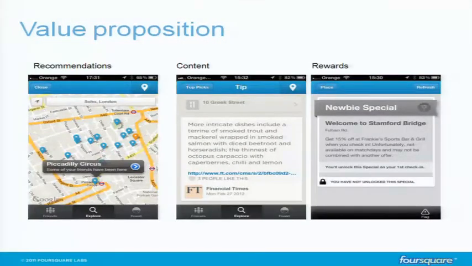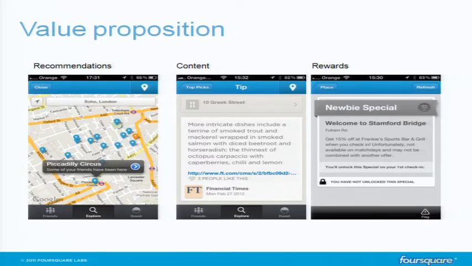Let's talk a little bit about the value propositions of why I think people are checking in. These are a few. There are many more use cases for this platform, but I think these are the main applications, and not necessarily only checking in, but using the app full stop, right? So the first value proposition, as I mentioned, are the recommendations that we believe are quite unique in the way we've built them. We do understand what type of things you like based on your check-in behavior. So for instance, I'm going to out myself as a snob right now. I like high-end cocktail places with speakeasy type lounges. You know, I'm not the man that goes to the common pub that happily. I don't mean to insult anybody with that, but that's what Foursquare knows about me.